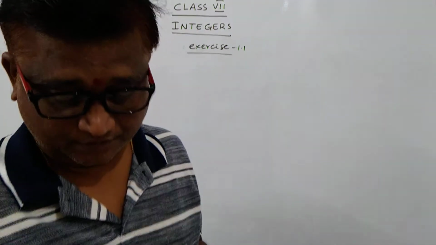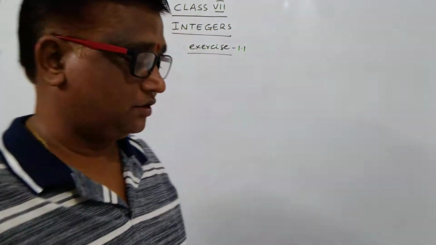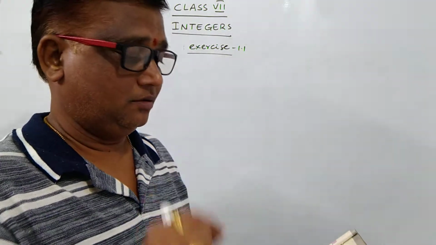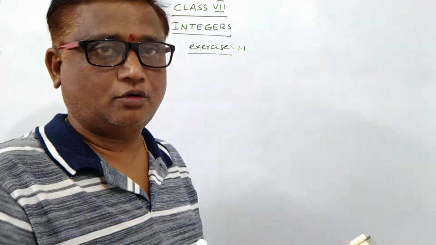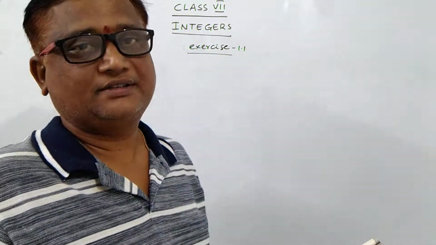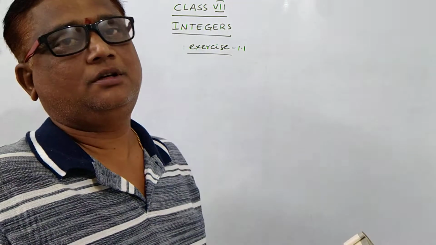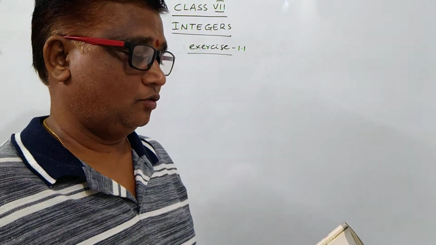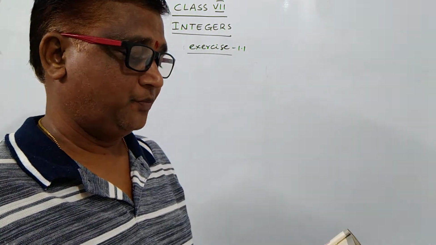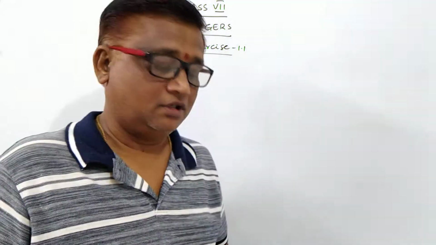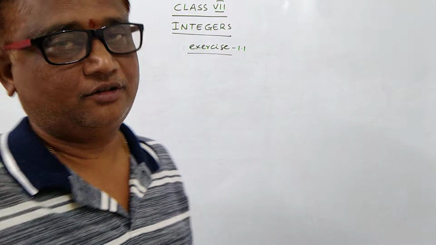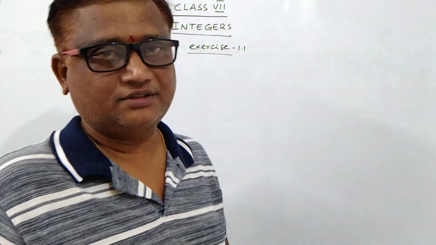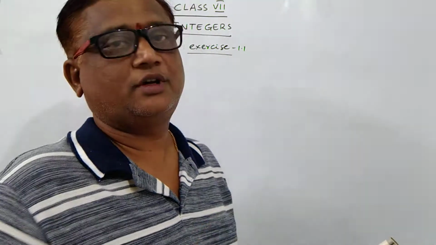The sixth question is over. The seventh question is magic square. It is very interesting. You add rows and columns and diagonals, you get the same answer. Then it is called a magic square. So here the square's row, column and diagonal have the same sum. Check which of the following are magic squares. So you add it, you get the answers. If any answer is wrong, then that square is not a magic square.